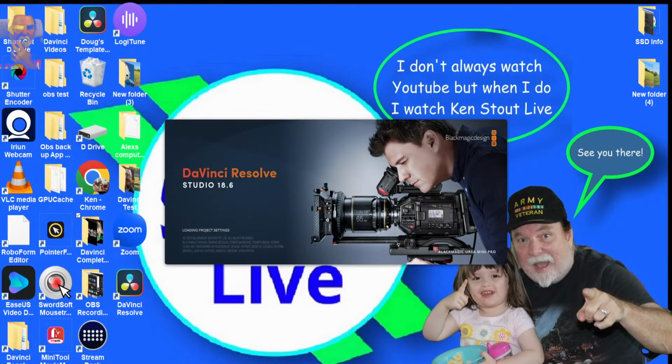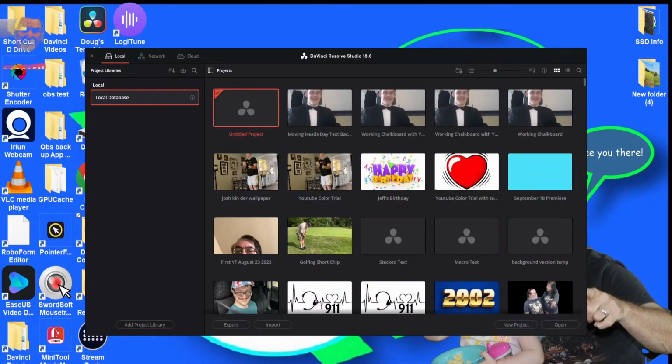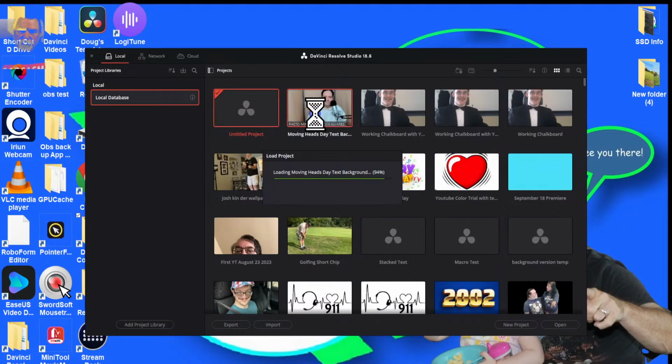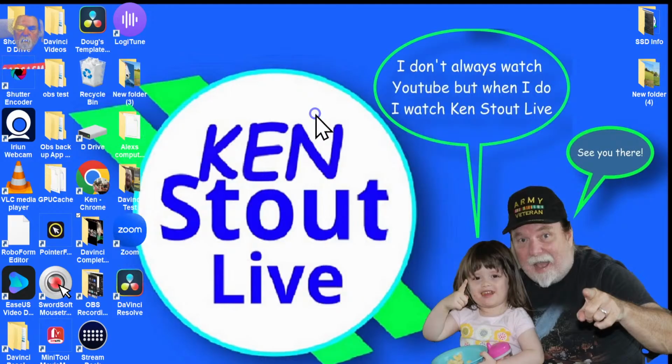I find this helps, especially since I only have an 8 GB graphics card. This helps me with DaVinci Resolve. It cuts down on the lagging and the buffering and the shutting down of the computer and the shutting down of DaVinci. It's just so much easier for me to say, okay, I'm done with that, close it, reopen it. So this is what I'm going to go in and work with now.